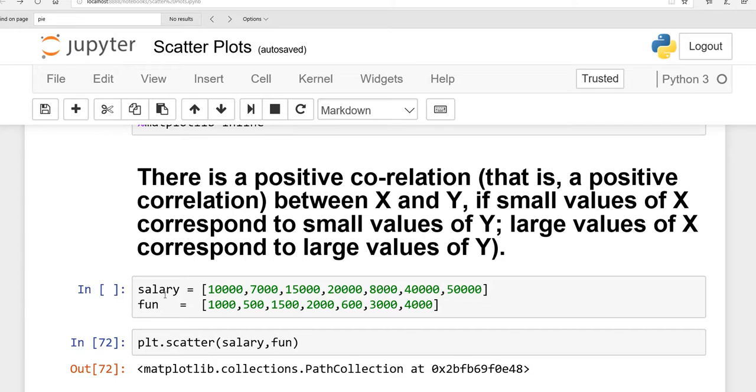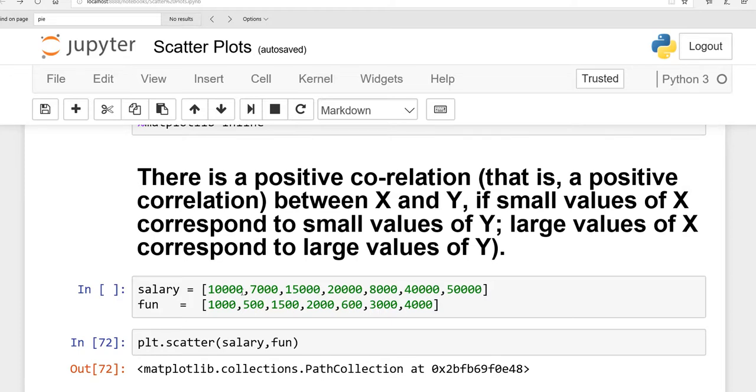Now the question arises, how come it is independent? So see, it's up to you. If you have two jobs, then you can make more salary. If you do one job, maybe you will earn 1000 per day, right? If you have two jobs, definitely your salary will increase. So if you have more salary, more amount you will spend on your fun or your recreation.